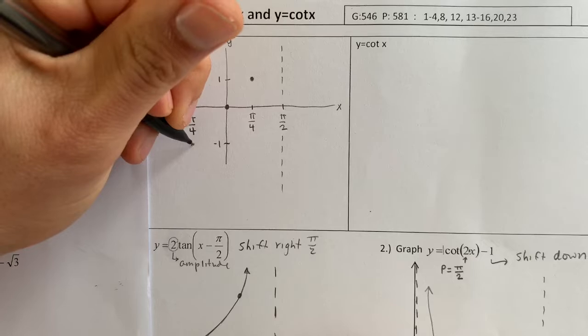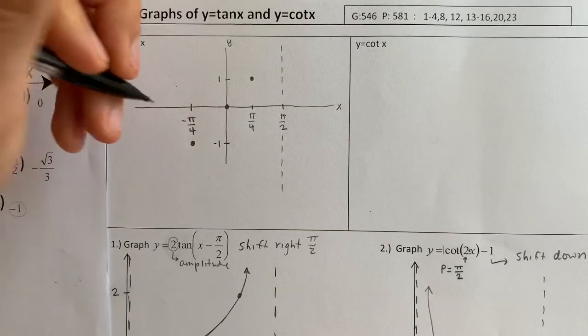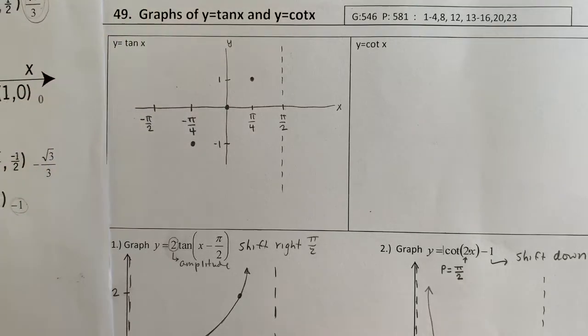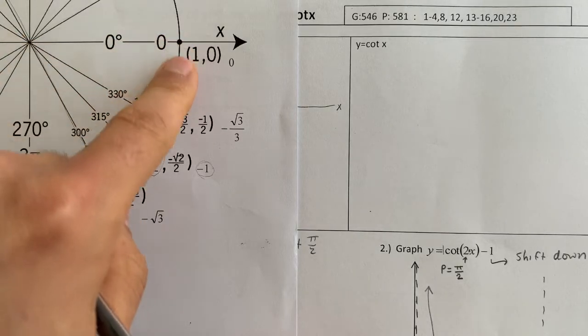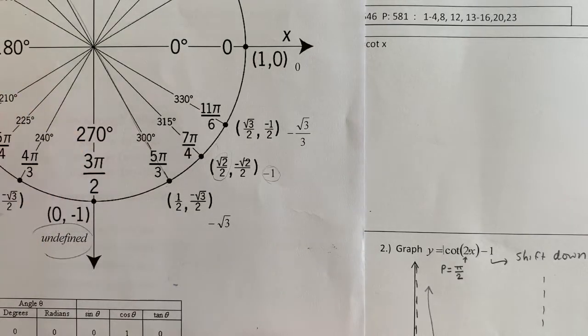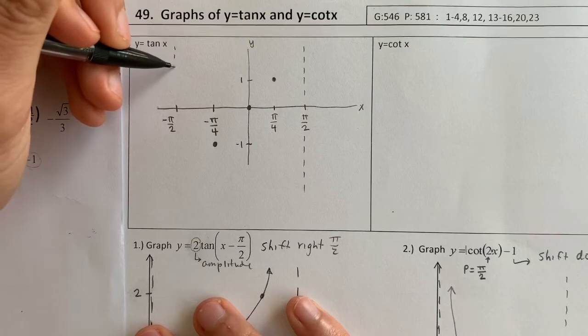So at negative pi over 4, there's a dot at negative 1. And then I'm going to keep going back to negative pi over 2. Negative pi over 2 on the unit circle would take us to this point, and the tan value is undefined. So again, we have